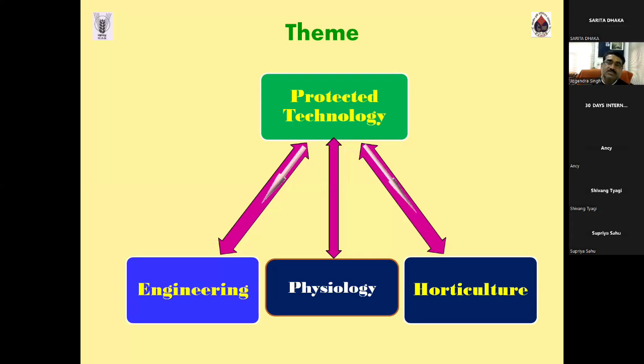So we can see here the themes depend on engineering more than 50%, and physiology and environment science about 25%, and horticulture agronomy nearby 25%. Horticulture agronomy means knowledge about horticulture agronomy, horticulture pathology, horticulture entomology, horticulture soil science. These are the agronomy package practices. All agronomical package practices are suitable for the production technology under protected condition.